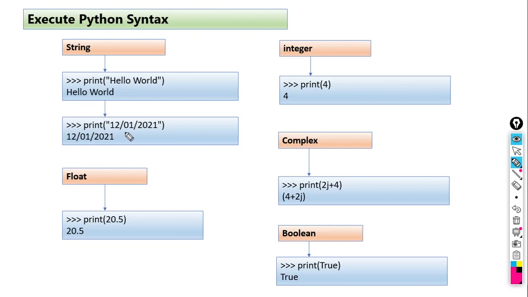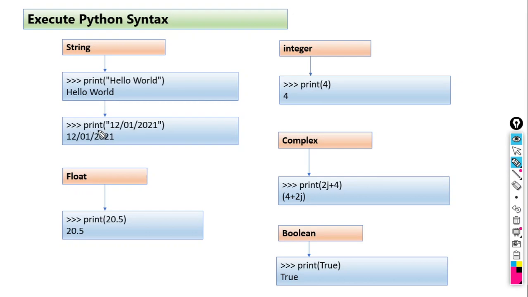The next statement is like this. As I told you, we can club numerals as well as special symbols. Suppose I want to print the date. How can I print it? We can print it like this. The print statement is there. We should write the print statement to print the data.